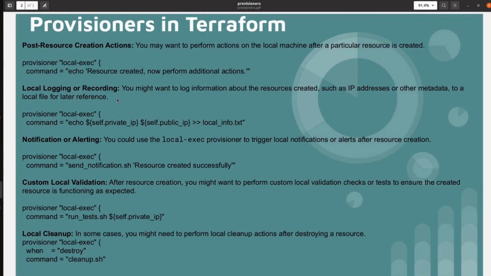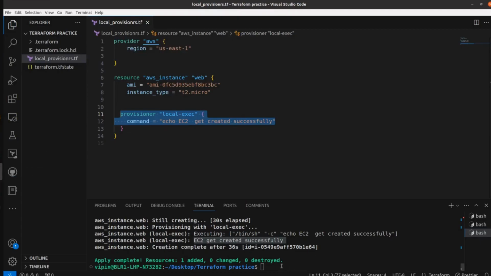Suppose you want to create four or five EC2 instances, and store the public and private IP addresses of those instances in a file. How can you do it? You have to use the local-exec provisioner in this case. So let me run terraform destroy first.